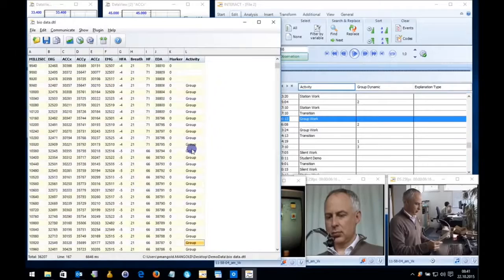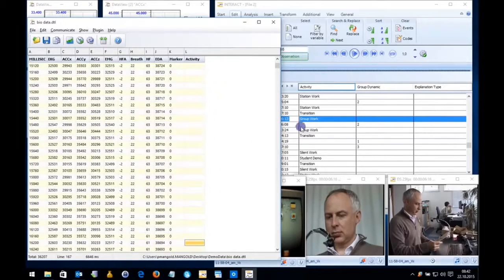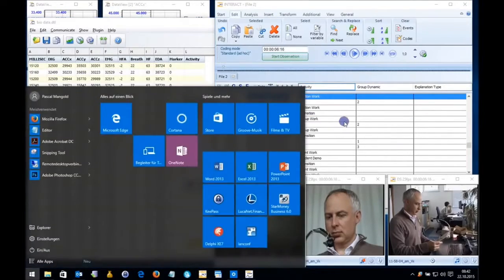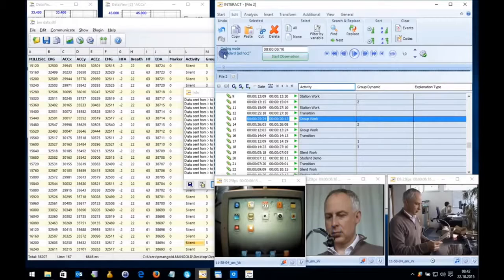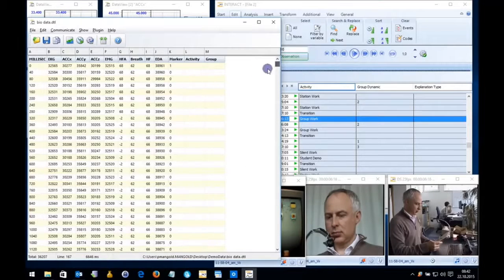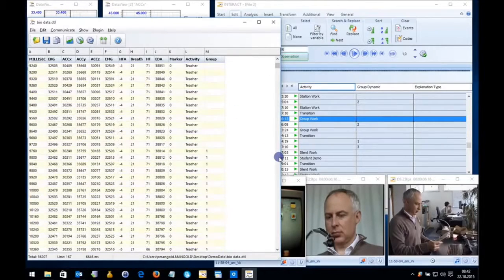And this way you can integrate your physiological measures with your behavior codings. If I select all of them and say create copy marked elements, I have my full observations, my observational codes added to the data file, as you can see here,